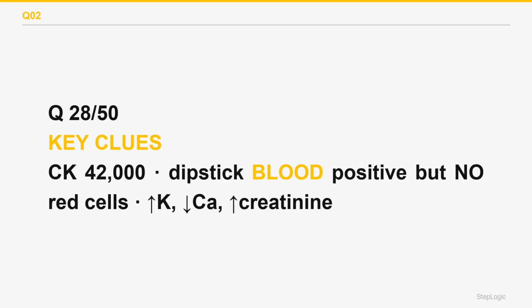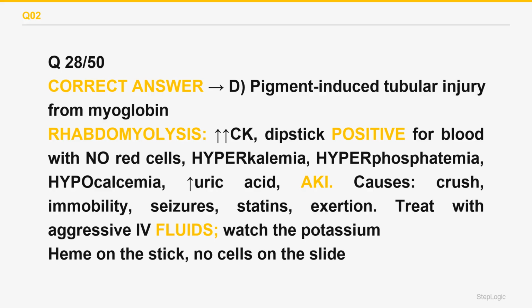The dipstick detects heme, so it reacts to myoglobin exactly as it does to hemoglobin, giving a positive result for blood. Microscopy then finds no red cells, and that discrepancy is essentially diagnostic. The electrolytes confirm cell lysis: potassium and phosphate pour out of muscle, and the released phosphate binds calcium, producing hyperkalemia and hypocalcemia. The correct answer is D. Aggressive intravenous fluid resuscitation is the central treatment, aiming to maintain tubular flow and dilute the pigment before it